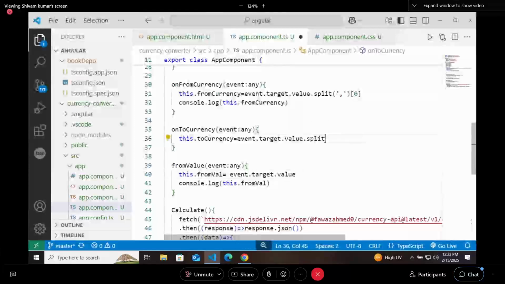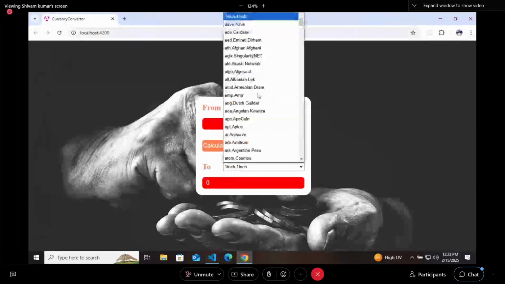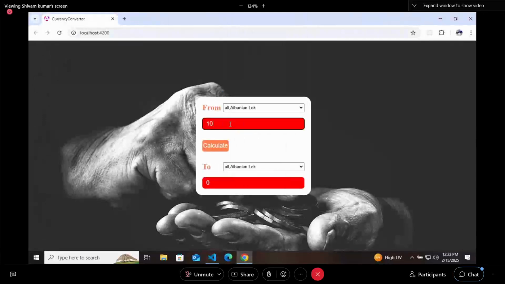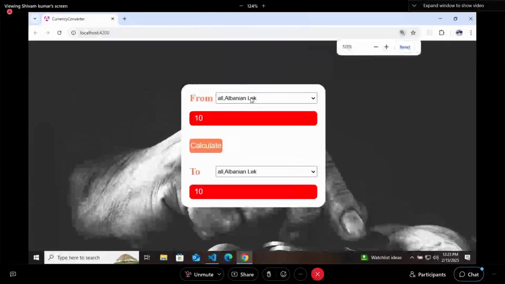Wait. Split will be a function and it will split and take the indexing 0. You got this? Now let's try to convert.